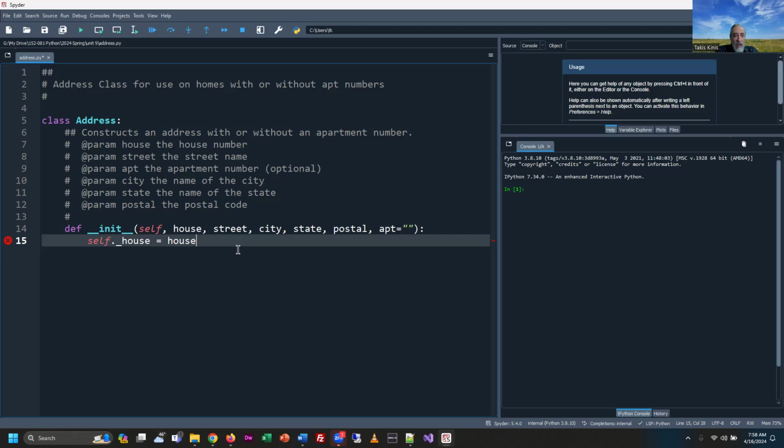And then you're feeding in the external property, and you can see how that matches up with the one coming in, and then it gets stored in this one. Now, the reason some programmers, and I'm just putting it out there, use the underscore in front of the word house, right? And that would be the house number, like 1, 2, 3, 4, is because it makes it really easy to identify when you're looking at the code of an object that it's an internal data field. It's an internal property